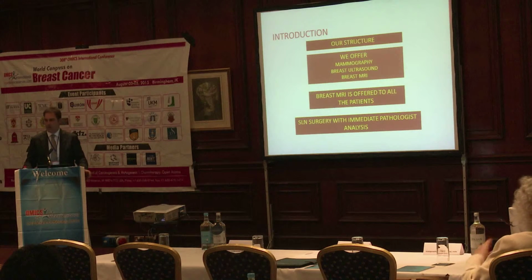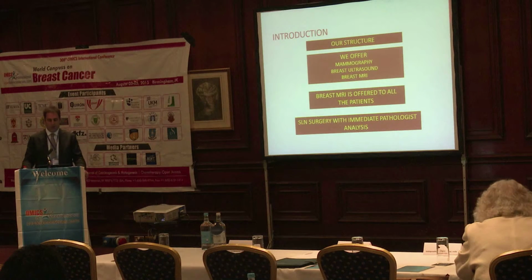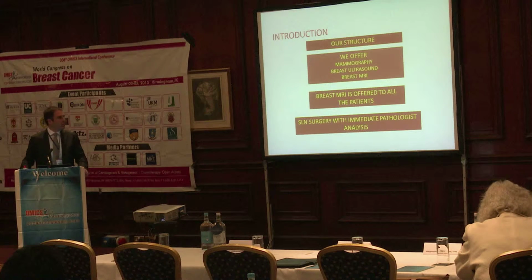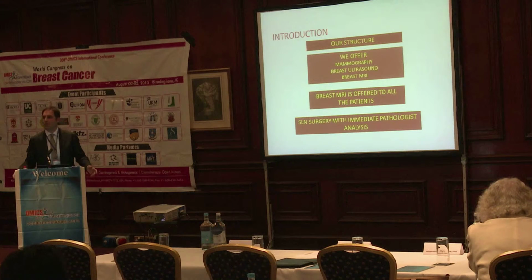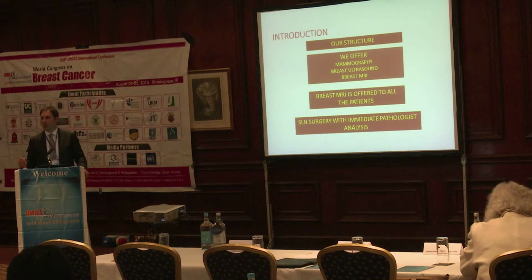The first one is the one we have in our structure, in Italy. We offer to any patient mammography and a breast ultrasound to assess the diagnosis of disease. And when we have a diagnosis of breast cancer, we offer to any patient a breast MRI. This is because we know, and previous colleagues who have spoken have said as well, that there are many possible satellite foci surrounding the main lesion which could not be seen through mammography or breast ultrasound. Missing these little satellite nodules might lead to an earlier cancer relapse. So breast MRI is offered to all the patients,